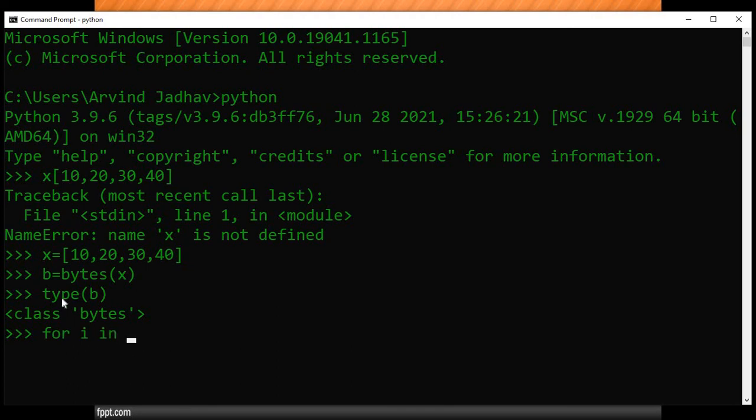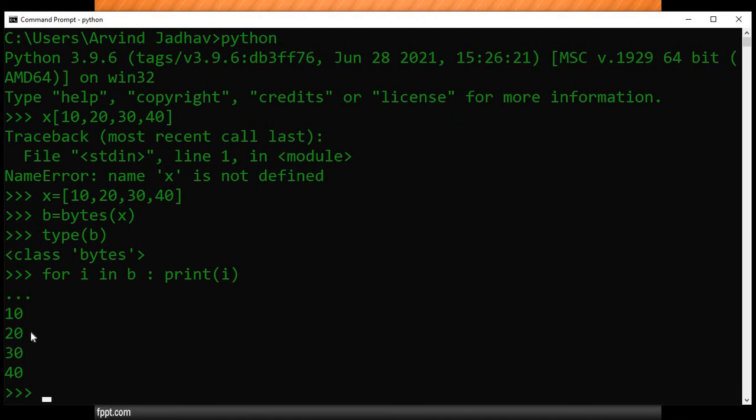In the above example we are using var1. Right now the byte is stored in B, so here I am using B. I is a temporary variable. We can use another variable also, don't worry about that. So all the information in bytes will be copied into I, and after that it will be printed using the print function, and here I'm using the I. So we get that information.